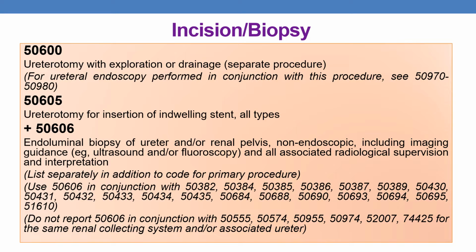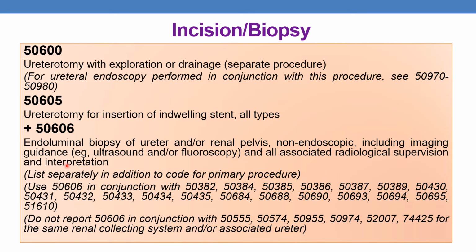Coming to the first CPT, 50600, ureterotomy with exploration or drainage. And for ureteral endoscopy performed in conjunction with this procedure, you need to refer 50970 to 50980. The next is 50605, ureterotomy for insertion of indwelling stent, all types. The next is the add-on code that we have just discussed earlier, 50606, endoluminal biopsy of ureter and or renal pelvis,